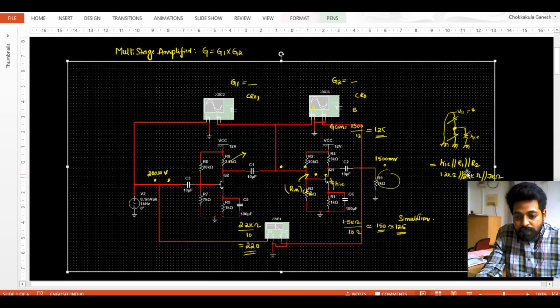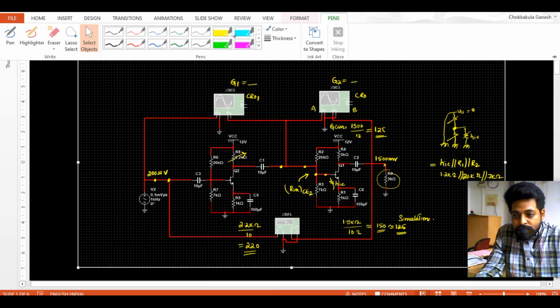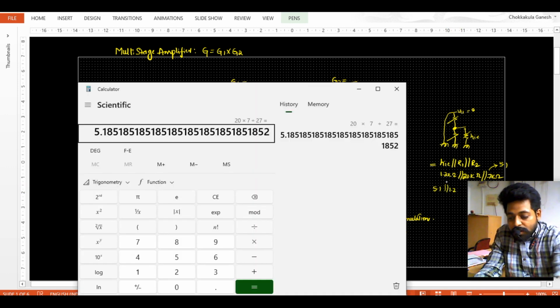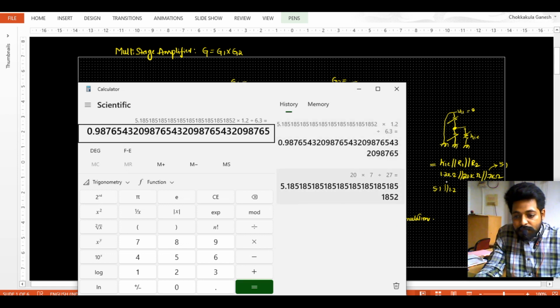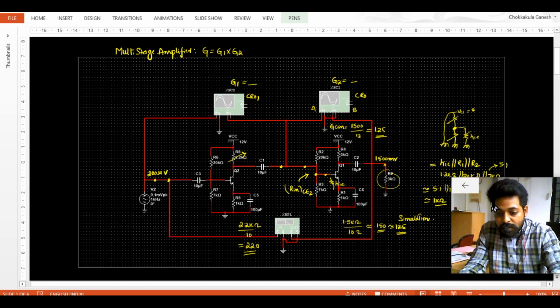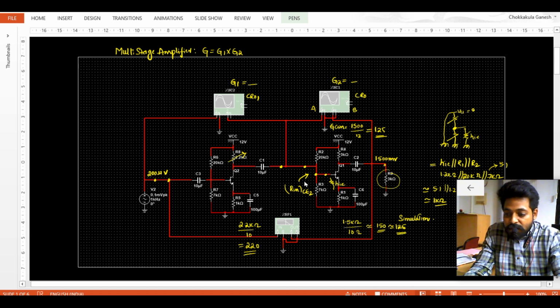So this total value we got is around 5.1. Now 5.1 in parallel with 1.2, if I do 5.1 into 1.2 by 6.3, we got around 0.9. So it's almost equal to 1 kilo ohm. We simulated this and observed it in the last class, last session, where we calculated the input resistance. We observed it will be around